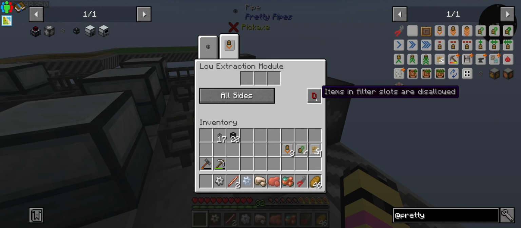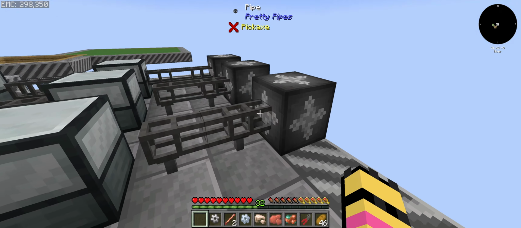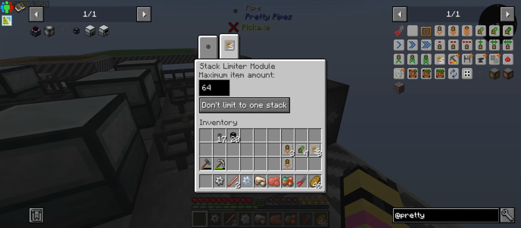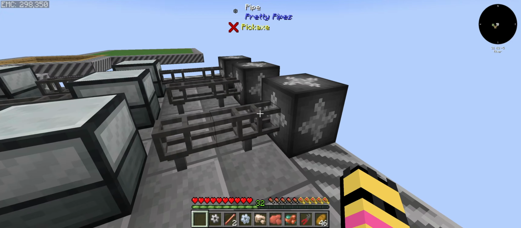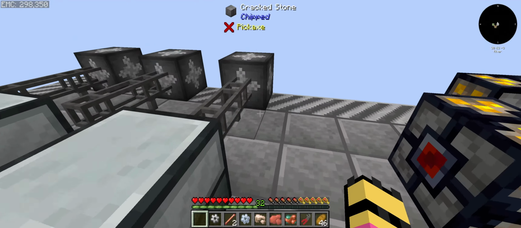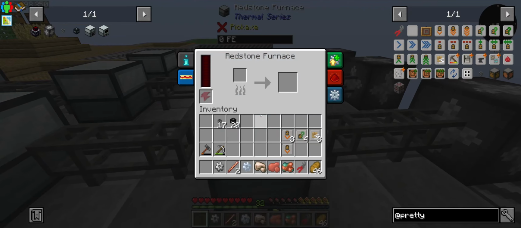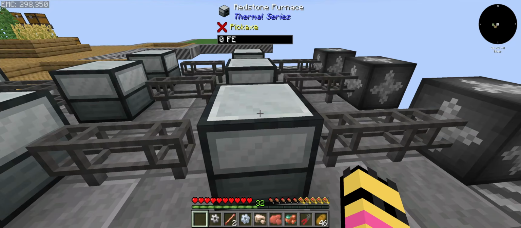Oh, it's the other ones. So you can disallow certain things coming through for the extraction modules, but the big ones that we want to deal with, I believe, are the stack limiters. This is the maximum item amount that we can run in a value here and only pull out so many at a time so that we don't bog down our entire system. So we have the redstone furnace we figured is going to end up being for the bauxite,